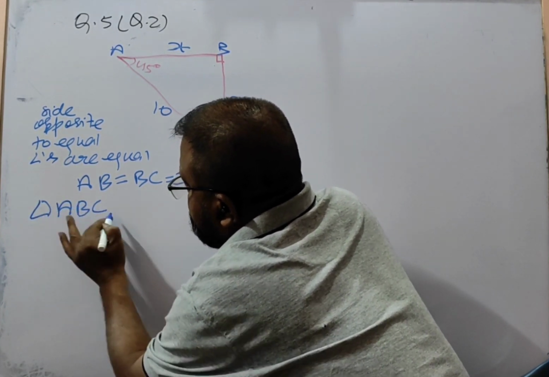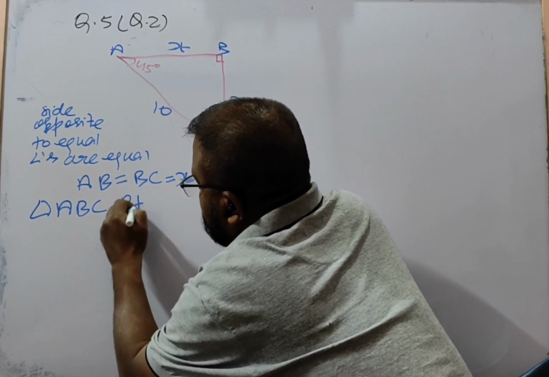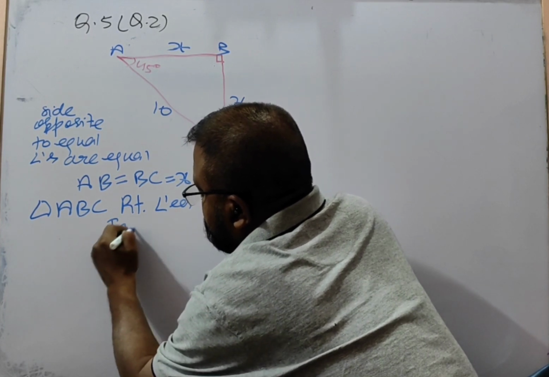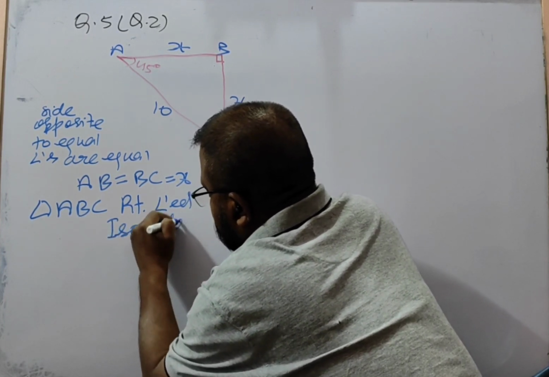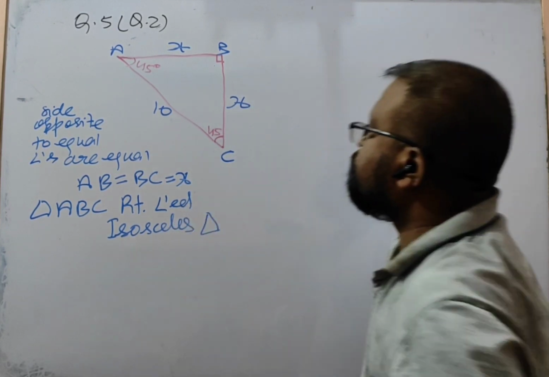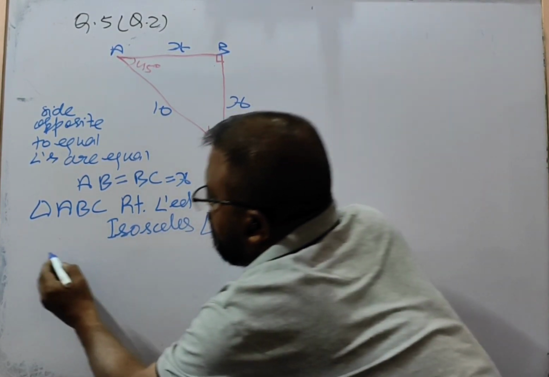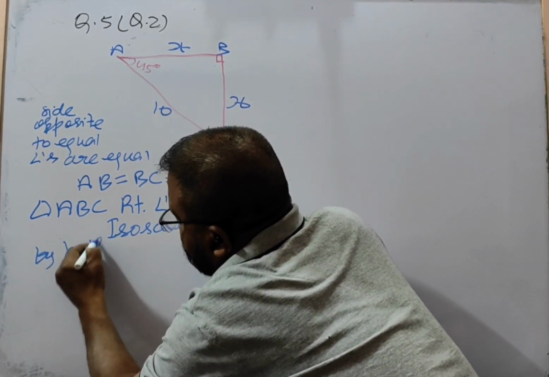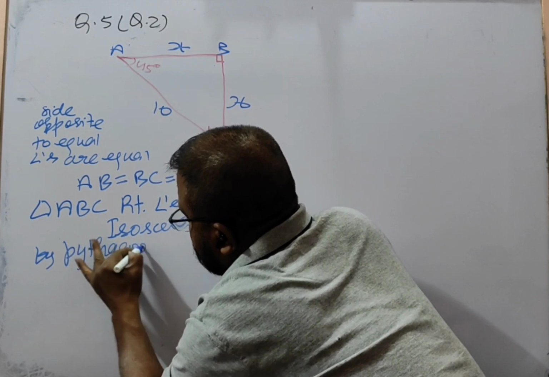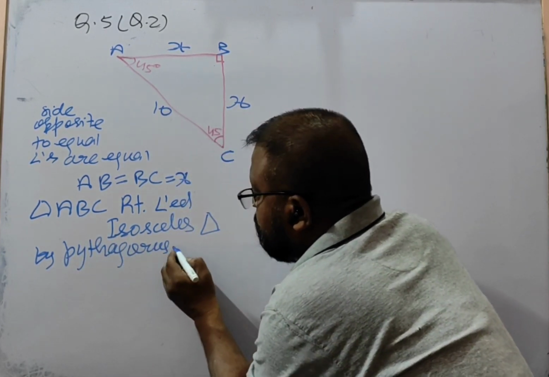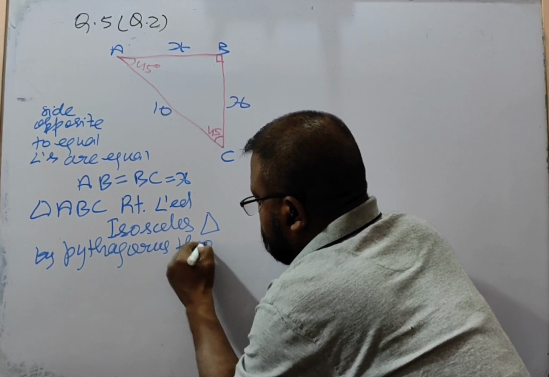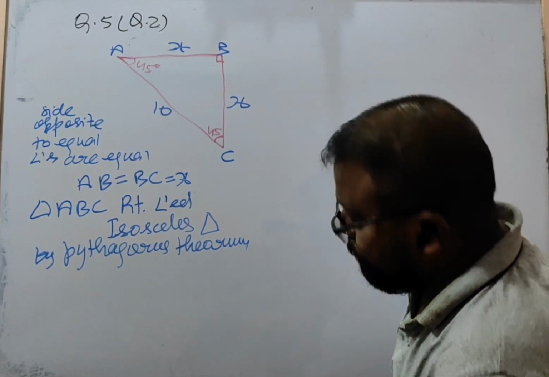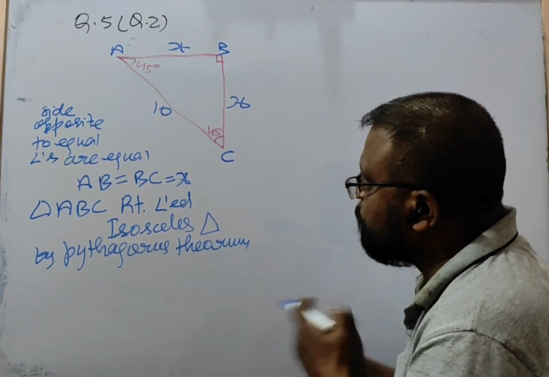Triangle ABC is a right angled isosceles triangle, right? So by Pythagoras theorem,